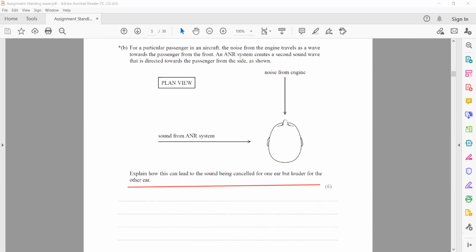So as you can see in the figure, the sound from ANR will diffract to reach the right ear, that ear on the right hand side. This sound will diffract to reach the right ear, this side,